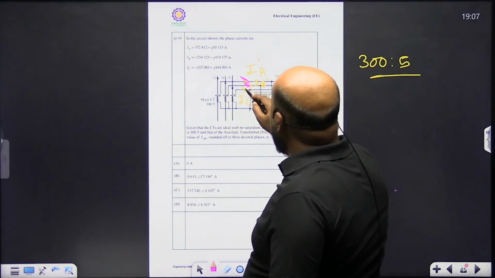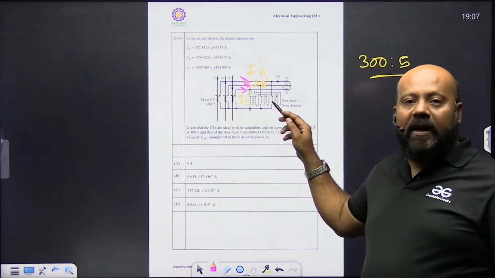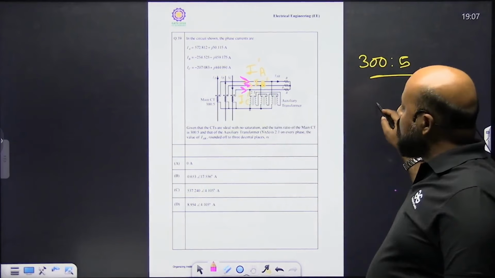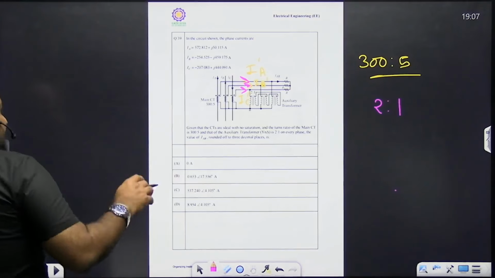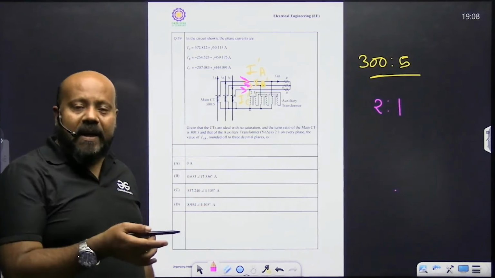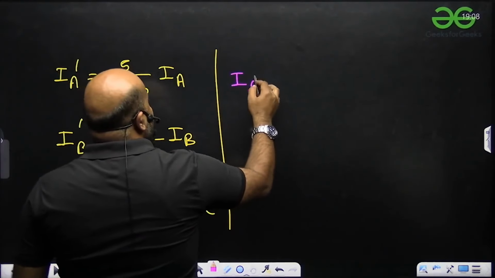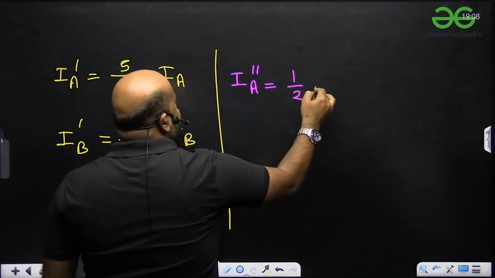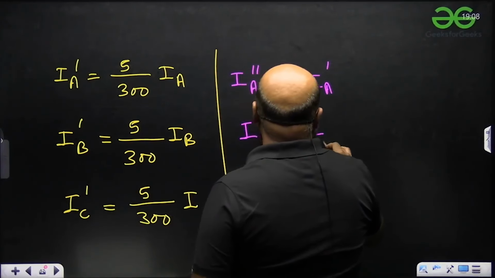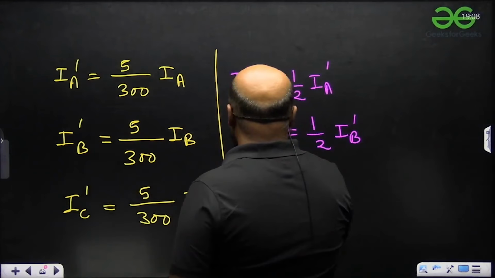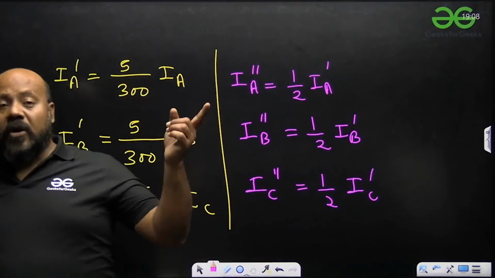मेन करंट ट्रांसफार्मर के बाद यहां पर जो लाइन में हमें करंट मिल रही है, अब ये जो लाइन करंट्स हैं इनको यहां पर डेल्टा ट्रांसफार्मर बनाया गया है, और जो ऑक्सिलरी ट्रांसफार्मर है उसकी रेटिंग है 2:1। अब ध्यान से देखो, मान लेते हैं कि जो डेल्टा बनाया गया है, उस डेल्टा की करंट मैं मान लेता हूं IA डबल डैश है, तो वो हो जाएगी 1/2 IA डैश। इसी तरीके से IB डबल डैश हो जाएगा 1/2 IB डैश, और IC डबल डैश हो जाएगा 1/2 IC डैश।